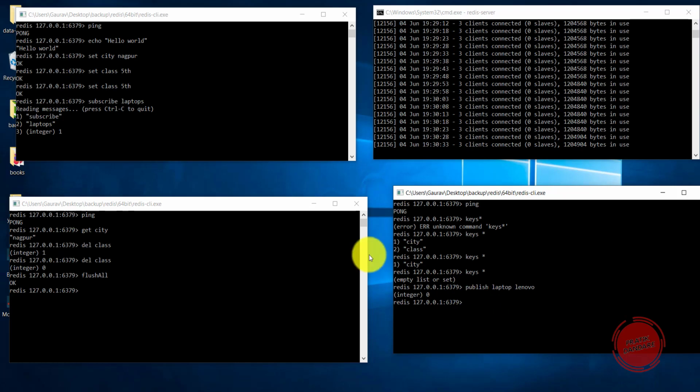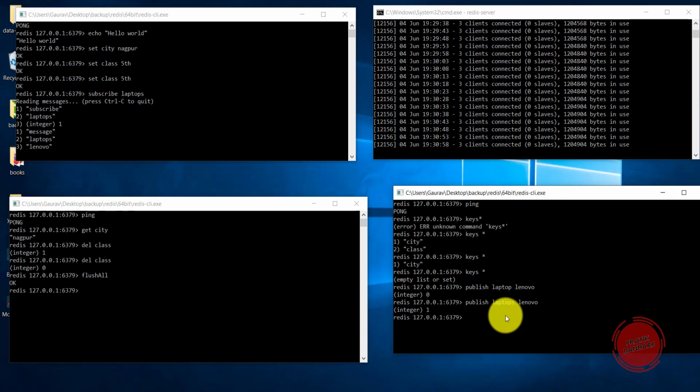Let's see if I enter 1 here. It's not working. I'm selecting the right CLI. Maybe I made some mistake. It's laptops, not laptop.